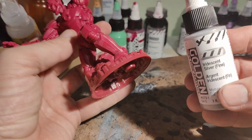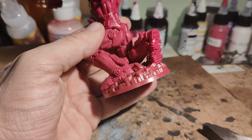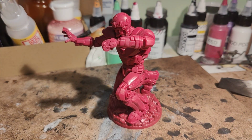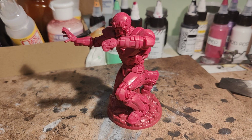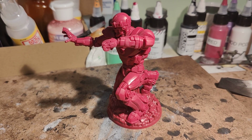So I'm gonna start by just doing some silver. There's a little can right there. I'll throw a little silver there. Shake her up really well. I got these little whoop whop whoop whop whoops. Throw a little bit in there, and then